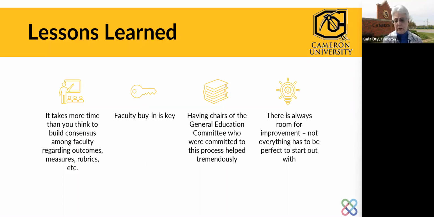And then if your rubric isn't the best rubric in the world, okay, collect your data. You're going to have some inter-rater reliability problems. You're going to find that out when you do your norming sessions, and then let's revise the rubrics. And then, like I said, we've been really working on content validity and sending our rubrics out to external people to look at them. And we've gotten some really great feedback on our rubrics, and so they make changes. So, don't think that it's going to have to be perfect. You just need to get started and get that process going. So those are the main lessons that we learned.